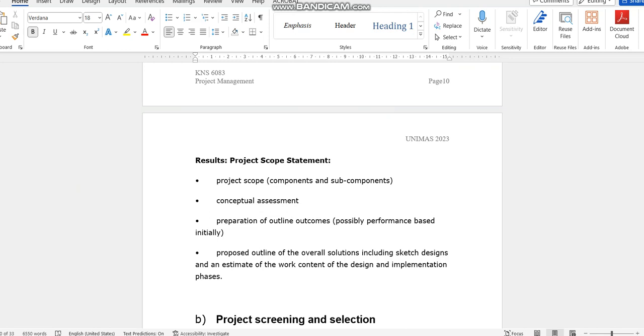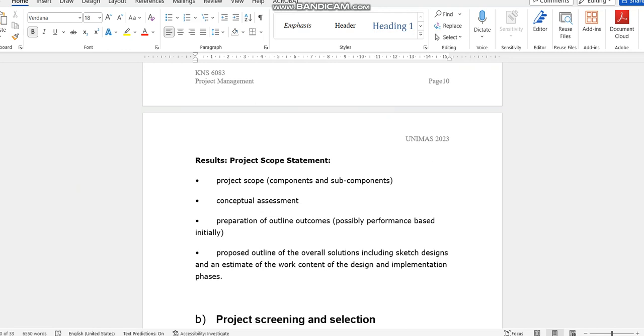And then the assessments of the project, coming to this point whereby the deliverables, the deliverable meaning what is the outcome of the project. So those subcomponents and components are the parts that we want to produce, and they make up the project scope. Okay, so in this scope statement, it will also show you what is the outcome,